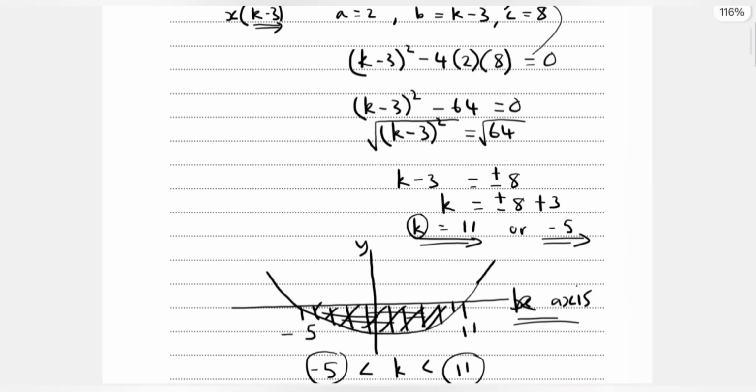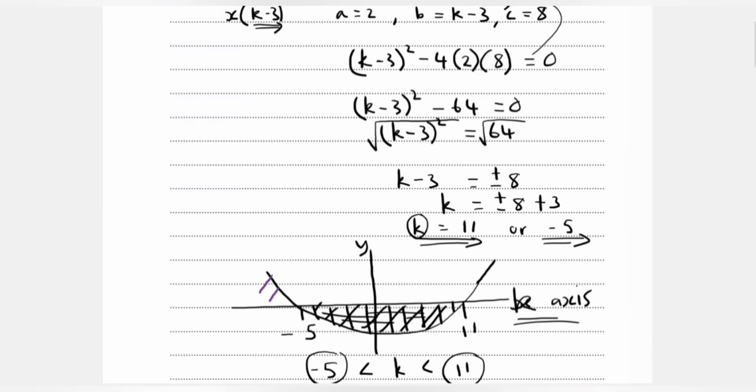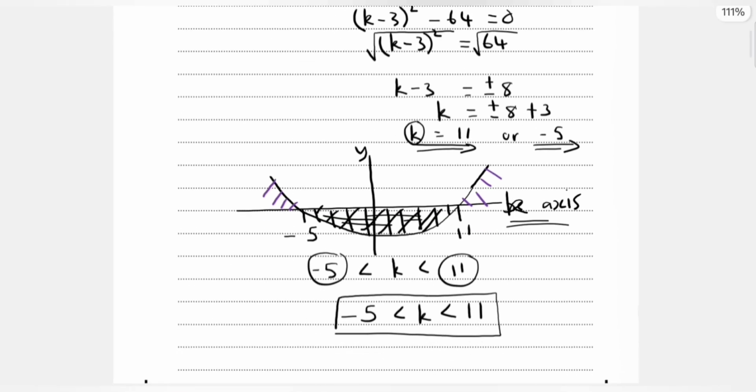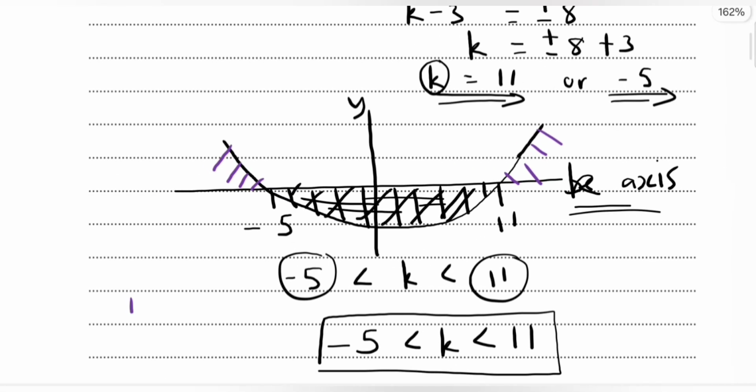And for that, if we have a greater than, it means we'll be dealing with the region above the horizontal axis, which is that. So in that case, the set of values would be k less than minus 5